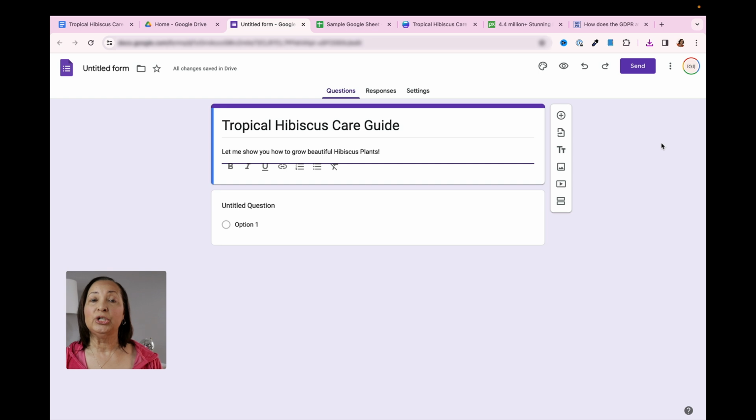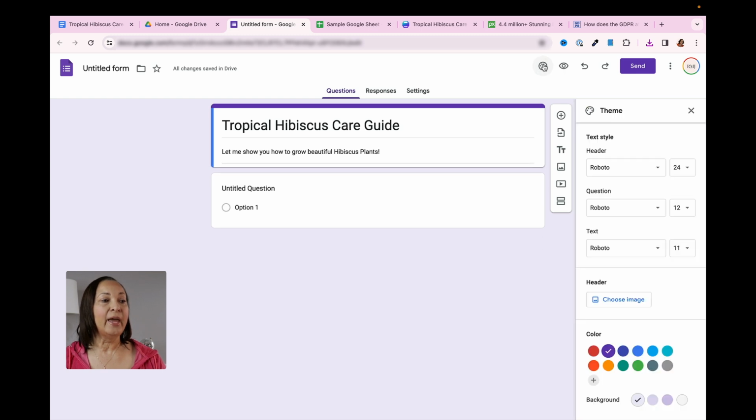Now, the next thing I want to do is head back over to the form, and I want to make it look a little bit more like what people are going to be downloading. So I want to change my color schemes out, if you will. So in order to change the color scheme out, I'm going to come up to where it says Customize Theme. And then I'm going to have a couple of different options, and I'm going to focus right now on this section that says color.